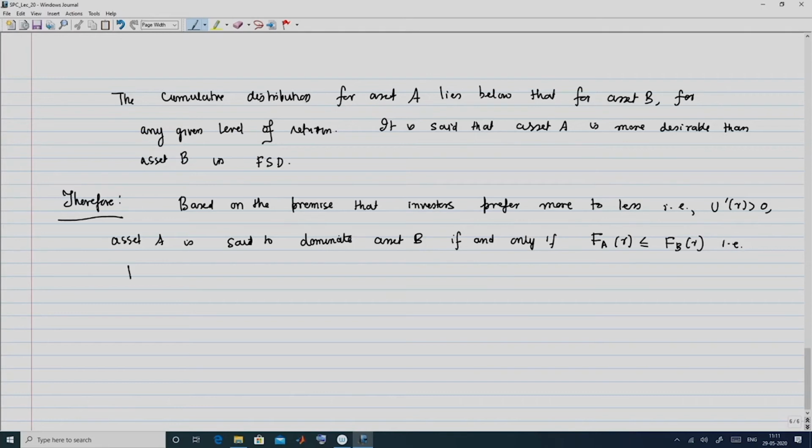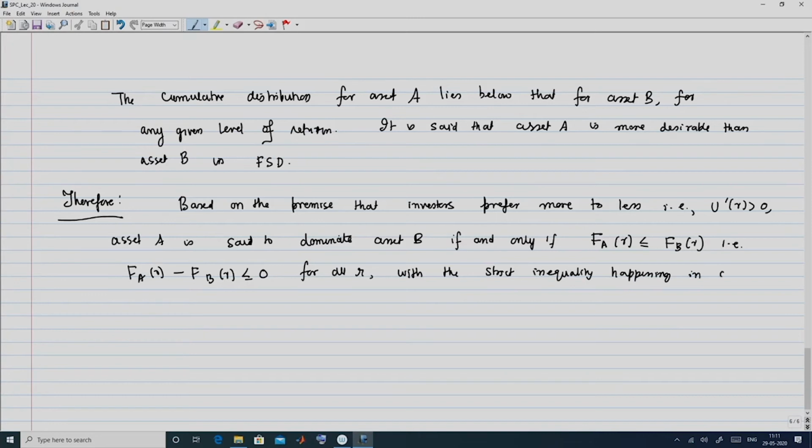So, that is F A of r minus F B of r being less than or equal to 0 for all r, and with the strict inequality, that is F A of r being strictly less than F B of r happening